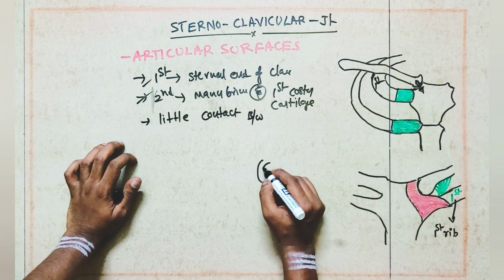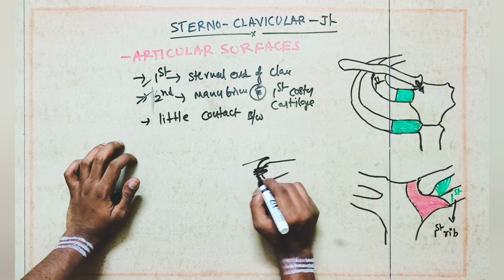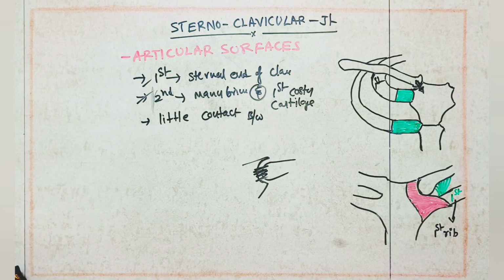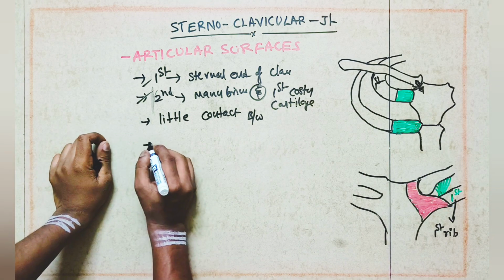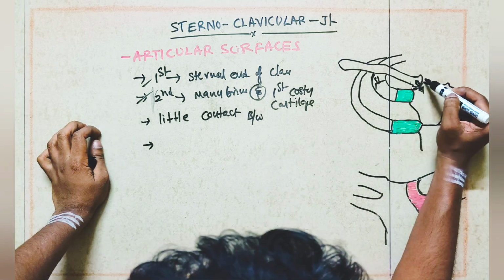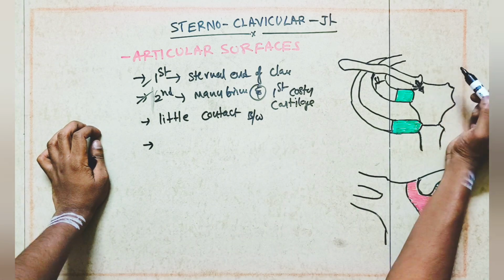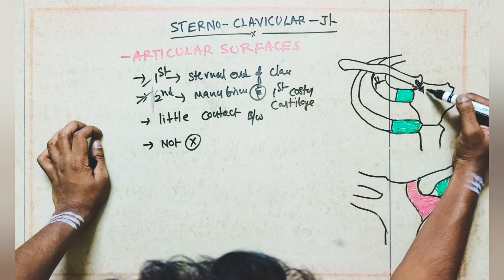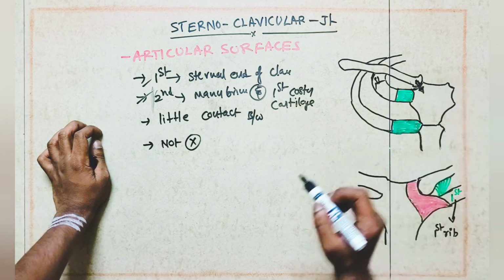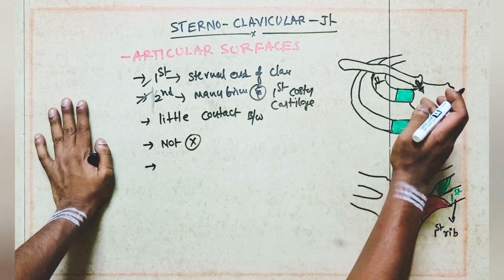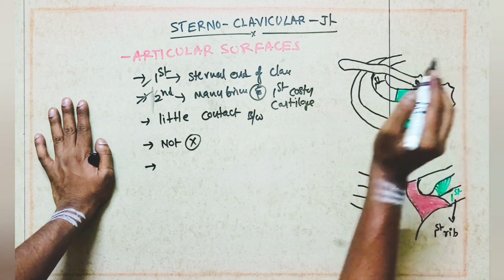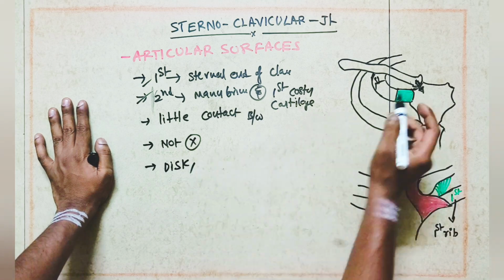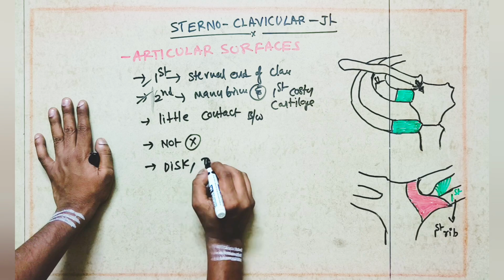It is not complete contact. If a joint is like this, that is complete contact, but here the contact is very little. This is one typical point we have to understand in the sternoclavicular joint. The superior portion of the medial head of the clavicle does not articulate with the manubrium. Instead of the manubrium, this superior portion of the medial end of the clavicle articulates with the disc, this red colored one, which we'll see later. And at the same time, the interclavicular